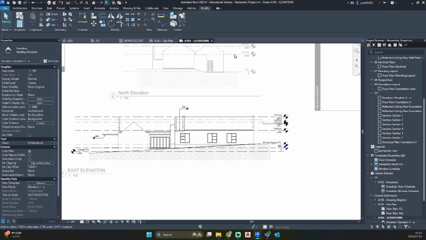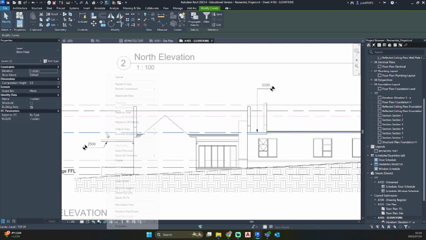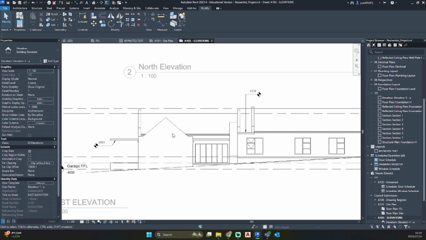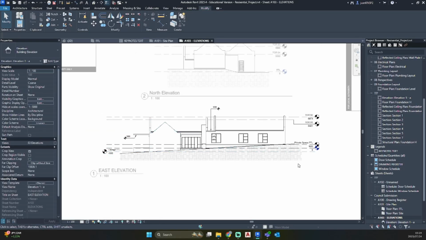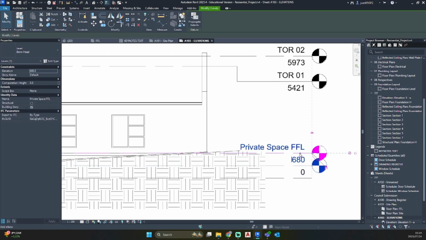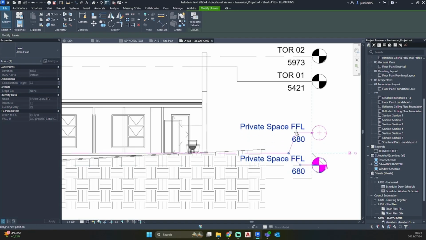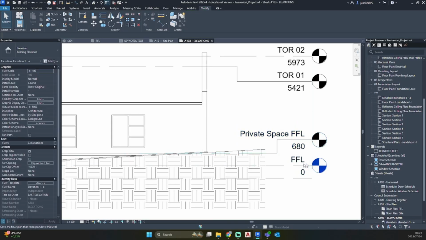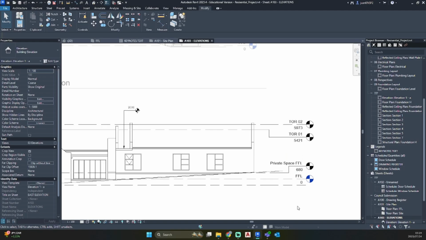and now because we added two new level lines, it will also show up on the views that we have created. So I'm going to hide them, and let's just fix this error over here because our private space finished floor level is above our finished floor level. So go ahead and click on it, click on elbow, and just move that elbow up so that our finished floor level is also visible.